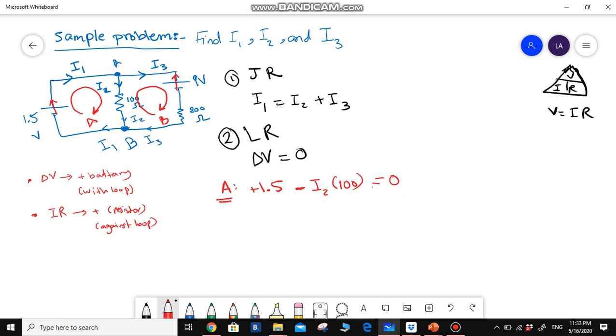Okay, now let us apply the same idea for loop B. I'll use green. Loop B. Now I chose the direction to be this way. By the way, the direction that you choose for the loop is arbitrary. You can choose the opposite way and the signs will flip, so no problem in that. For loop B, for the battery we are against the loop, so against the loop with the battery means negative, minus 9. But for the current going through the 200 ohm resistor, it's just I3 going down this way. So for the current we are with the loop, means again negative,